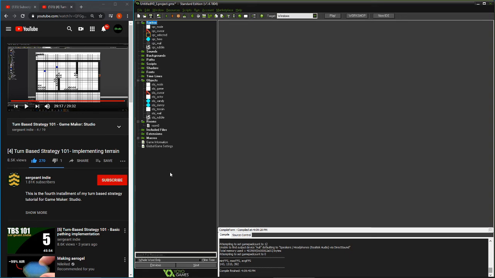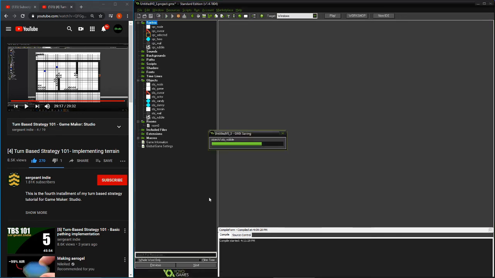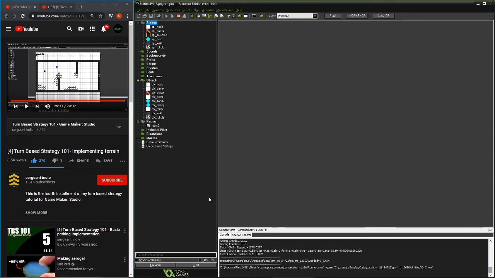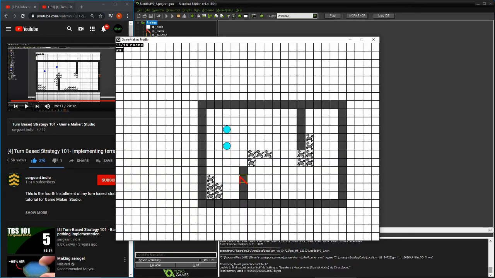Okay. It is now 4:11. I don't think that took too long. I don't remember when I started. It was a 30-minute video, so probably like 45 minutes. But we have implemented walls and terrain. The terrain doesn't do much now, but